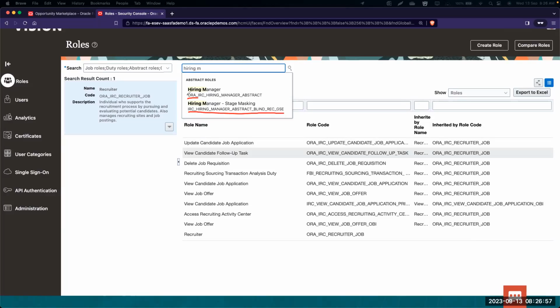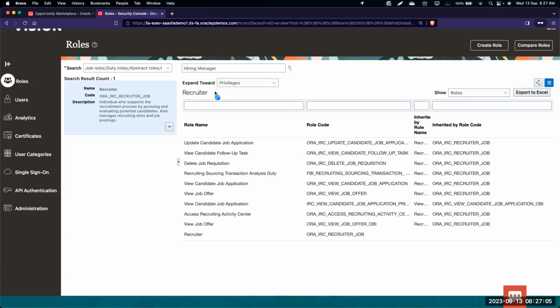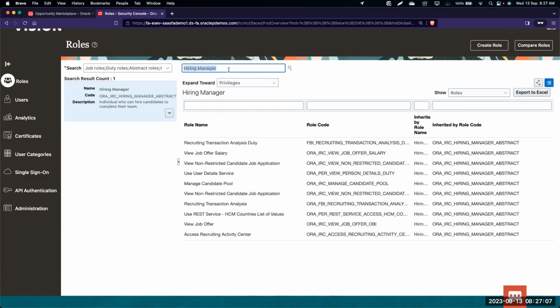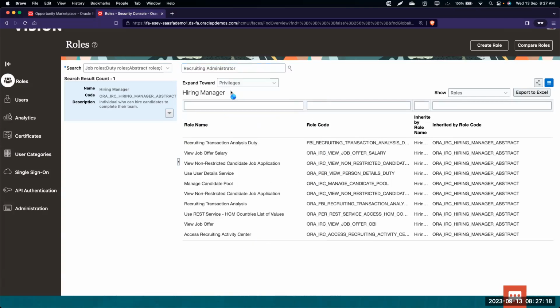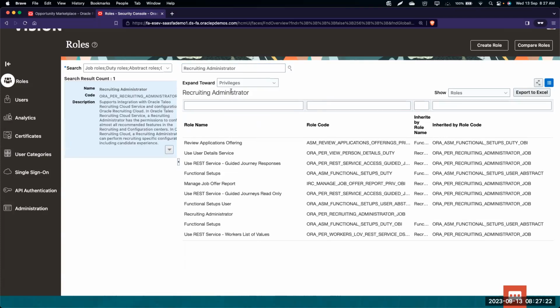So the first is the seeded one, which we need to refer to. We talked about recruiter, this is the hiring manager role, and the next role we have is recruiting administrator. This is the recruiting administrator seeded role. And apart from this, we have recruiting manager.